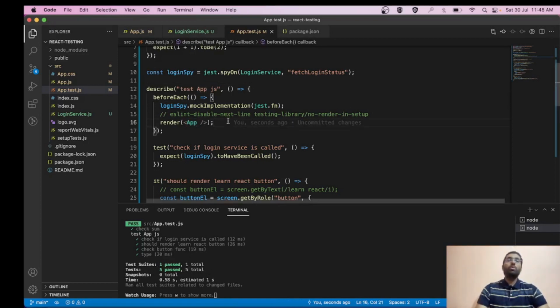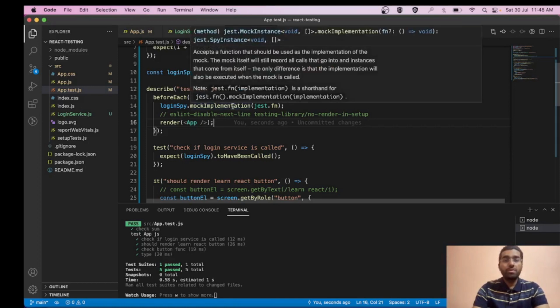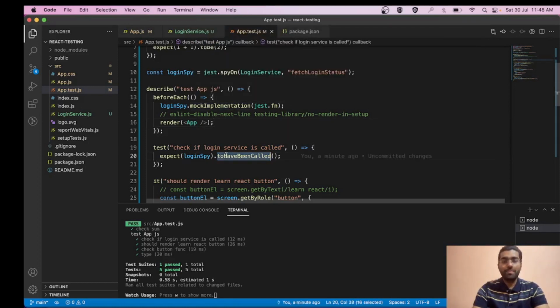So friends, what approach should you follow in order to write test cases? You can write a negative test case for a functionality and a positive test case also for a functionality. With a negative test case, you check whether on doing this that particular test case breaks or not. So you should be writing two test cases: one in which that particular thing is rendering and one in which that particular thing is not rendering.